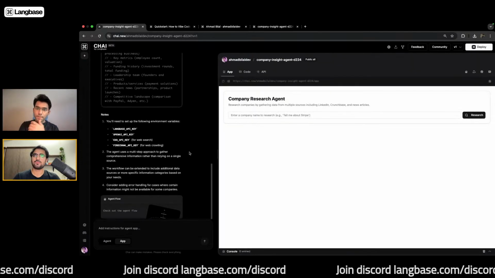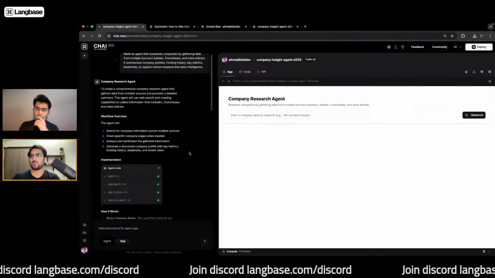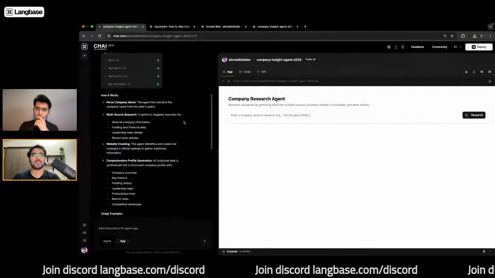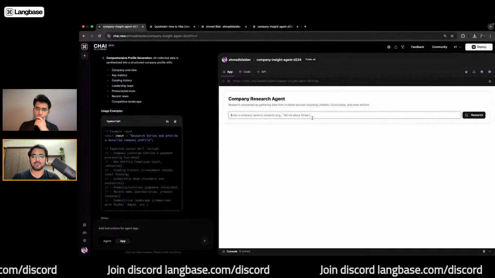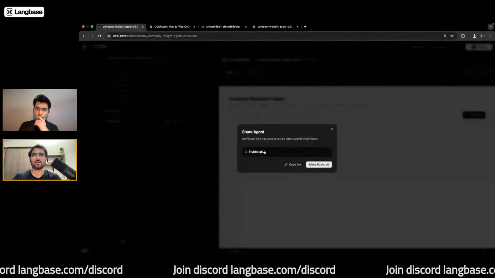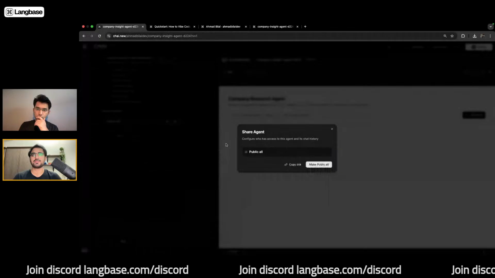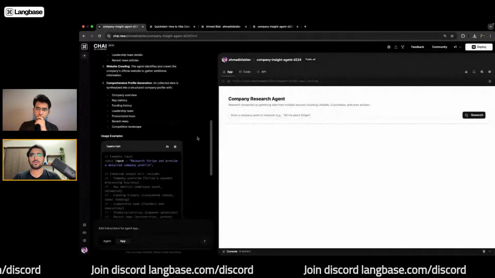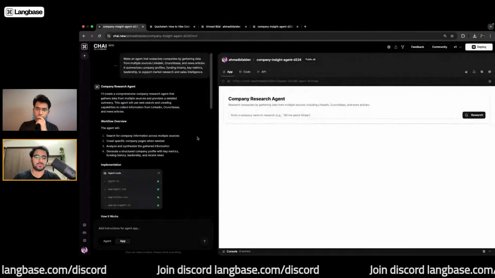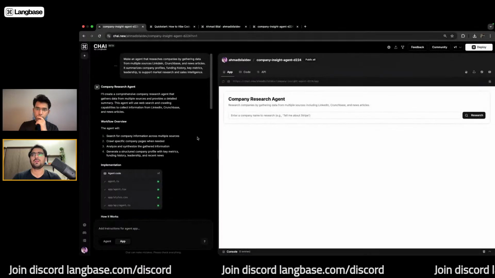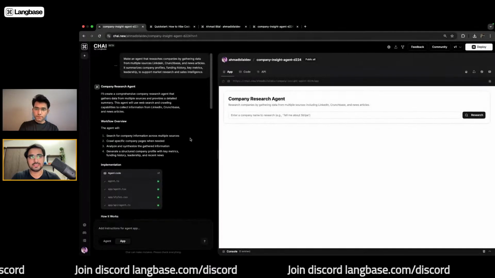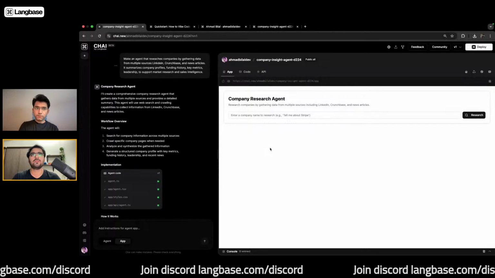So basically, it's like sharing your conversation with someone. They will not be able to use your agent unless you select the public option. So if you only want to share the conversation history with someone, for example to tell them, okay, I built this use case, but you don't want them to use your agent or your credits, you can go ahead and select that option.